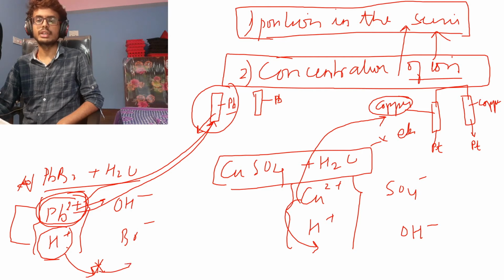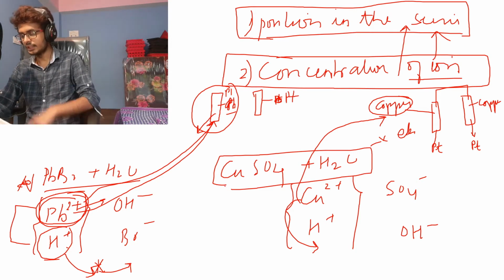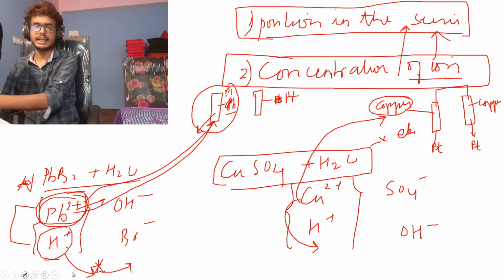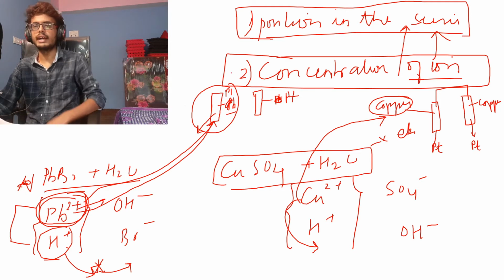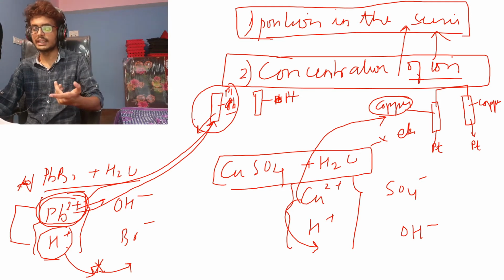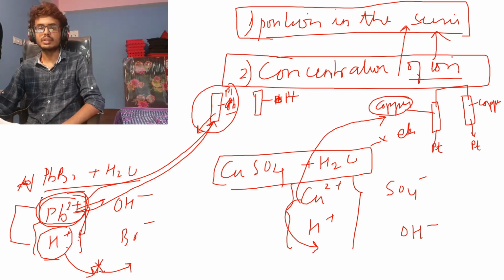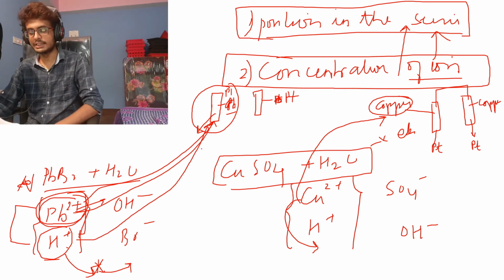It will not follow the electrochemical series now. But if the lead electrode were not there, if I had a platinum electrode, what would happen? Can anyone tell? If I had platinum electrodes in place of lead, then yes, exactly. Hydrogen will go and discharge because now we don't have lead electrodes. So the concentration of lead is not more, right? The concentration of lead and hydrogen is comparable. They are almost equal. So this will cause the hydrogen to go and discharge. That will be according to the electrochemical series, right?